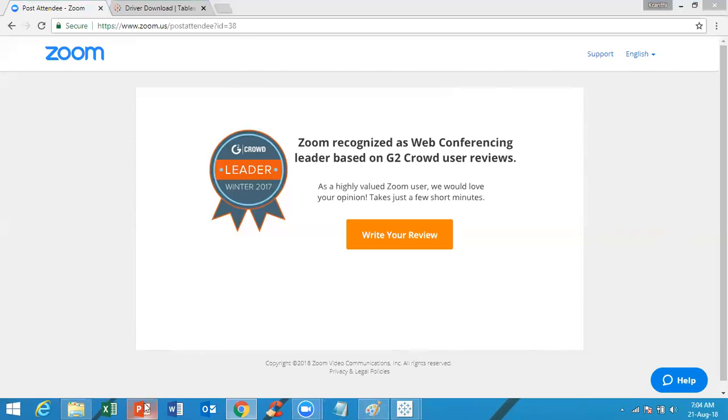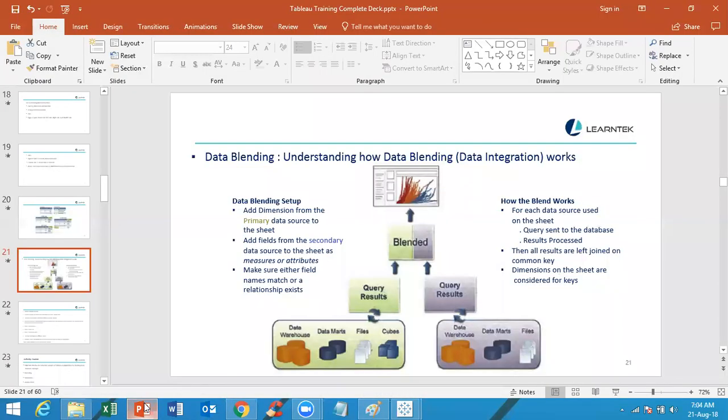So now we are going to look at a concept called data blending. What is data blending? When you're looking at joins, joins combine the data from multiple tables in